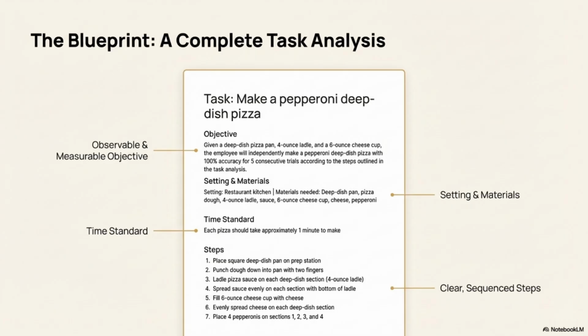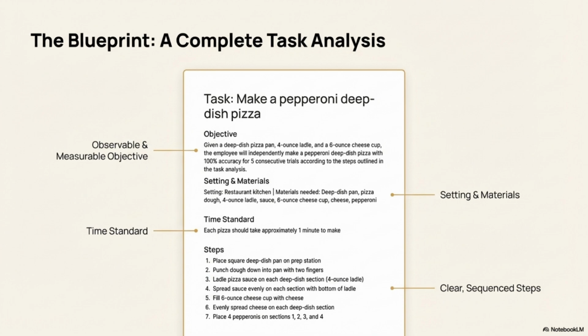Setting: restaurant kitchen. Materials needed: deep dish pan, pizza dough, 4-ounce ladle, sauce, 6-ounce cheese cup, cheese, pepperoni. Observable and measurable objective: given a deep dish pizza pan, 4-ounce ladle, and a 6-ounce cheese cup, the employee will independently make a pepperoni deep dish pizza with 100% accuracy for 5 consecutive trials according to the steps outlined in